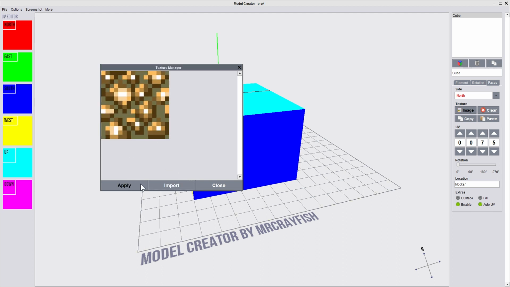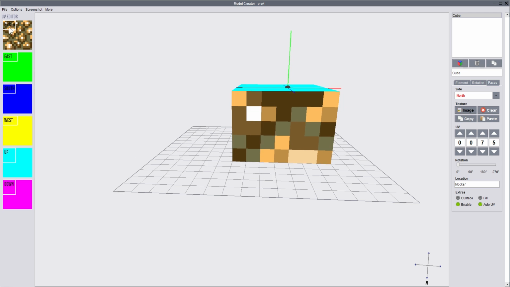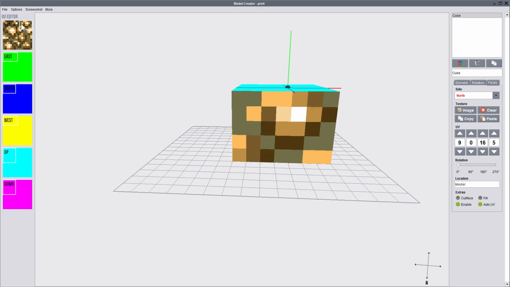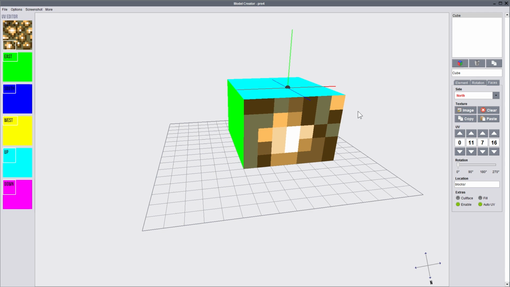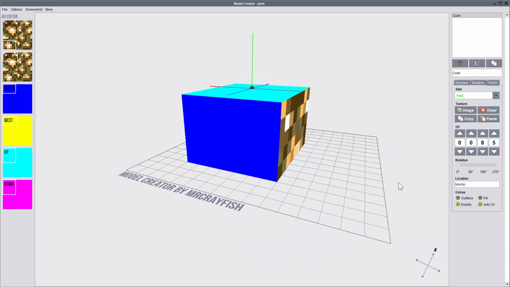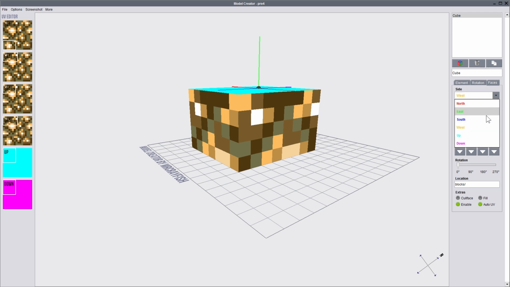So if we go ahead and open that, look at that. Looks fantastic. Let's apply that face. Boop. And now on the north side, here we are, we have this glowstone texture, which is quite nice. And then you can simply drag this around if you want to find exactly what you want that to be. You can also copy that if you want, and if we choose east, we can paste it so that we have an extra one. Whoops, I didn't mean to copy south. I meant to paste that onto the south. Maybe we just make a very small glowstone